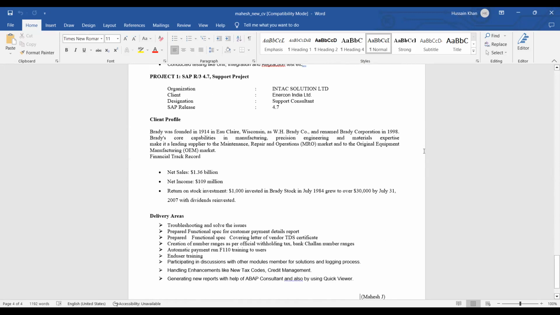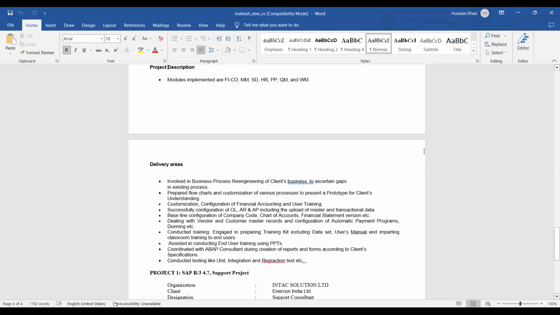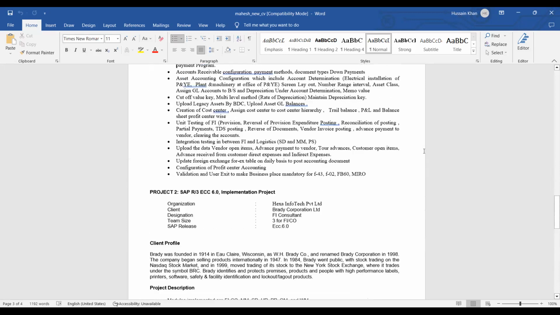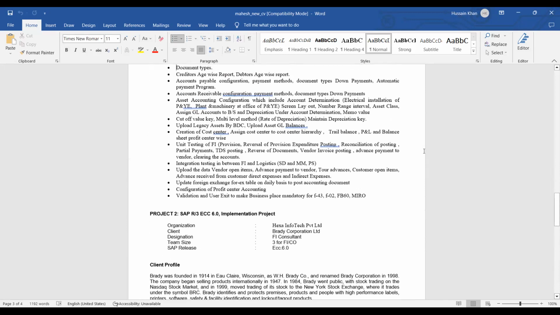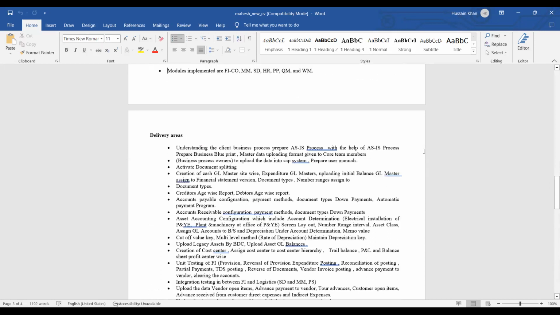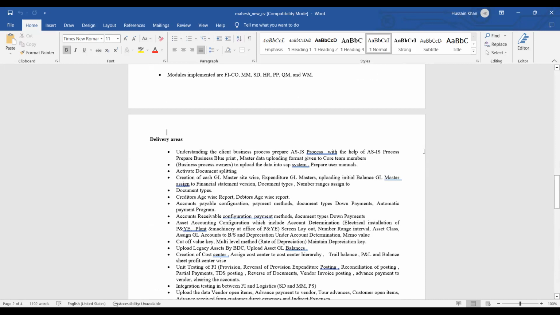right? I will also share a few of the freshers' CVs so that you can go through them and see what all details are mentioned there, and accordingly you can mention it. Just because you don't have any experience, you don't need to mention any experience in your CV, and nor do you have any internship, you haven't done any internship, so you're not required to mention any of the internship details on your CV.